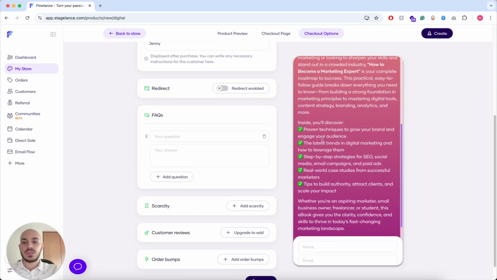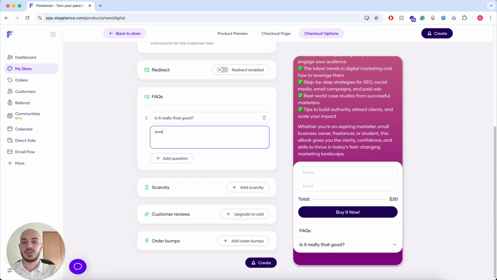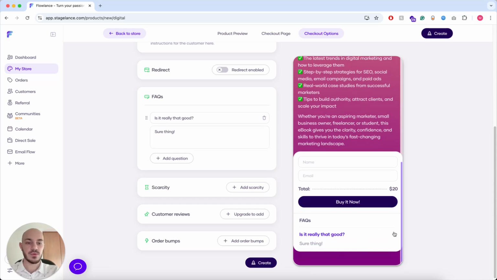Great. Now FAQs. Yes, you can add FAQs to the landing page. This is very useful if customers ask the same questions all the time. Well, that's what frequently asked questions means, right? Never mind. Yes, so you can add it here. So for example, is it really that good? Sure thing. Great. So yes, it's gonna be displayed on the bottom here, and it's a great place to address